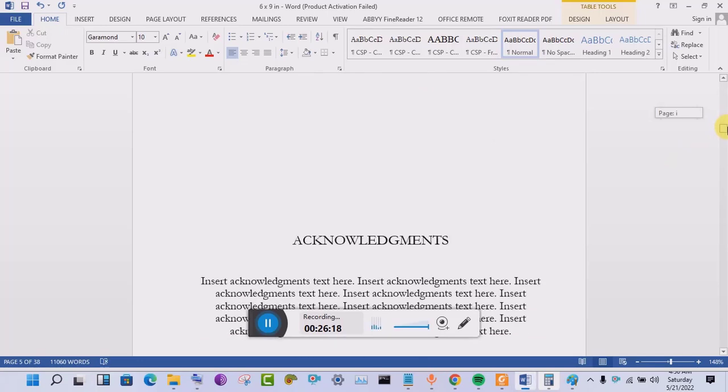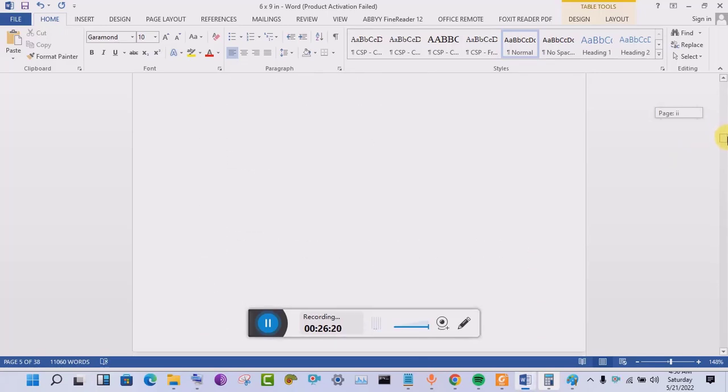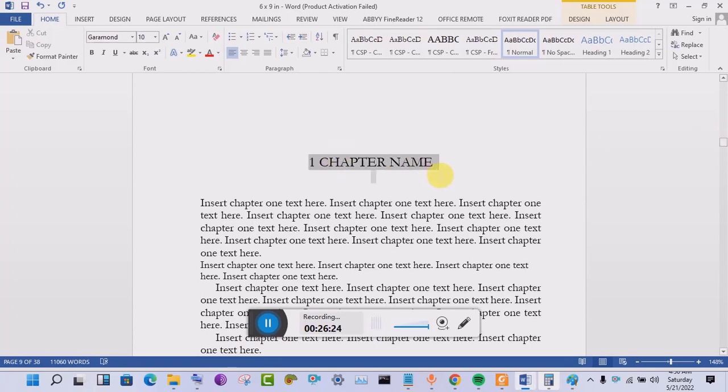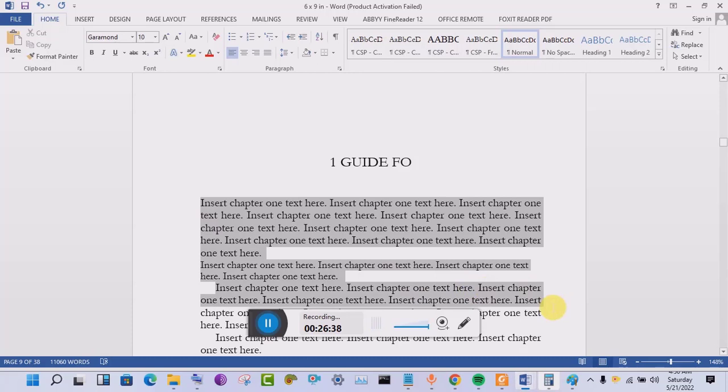So this is the acknowledgement page. This is the chapter 1. Just put your chapter 1 there. Say guide for weight loss. Then you put the content. Just delete this one and replace it with your own content. Okay, that is